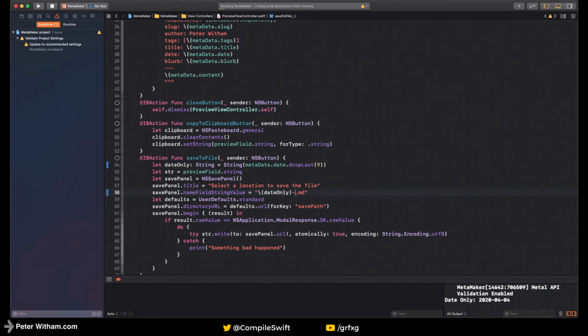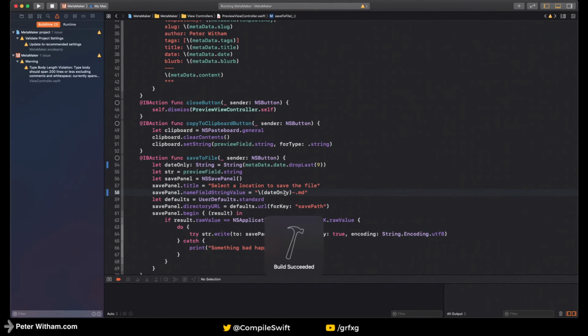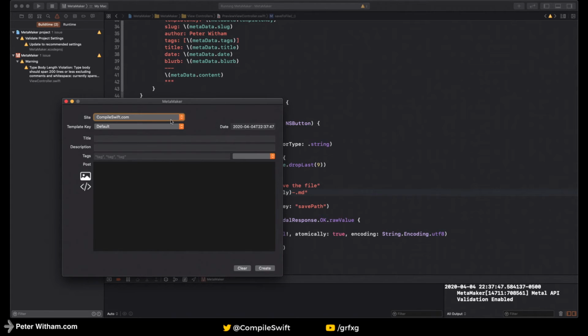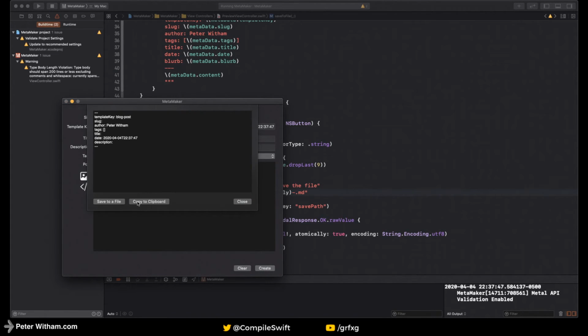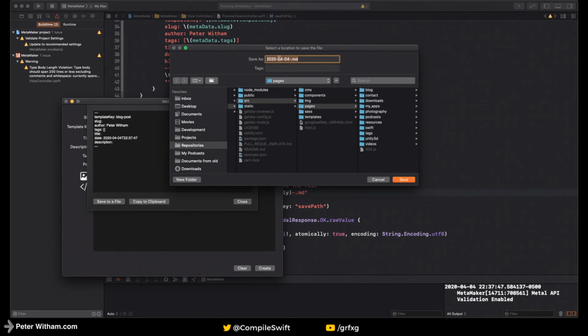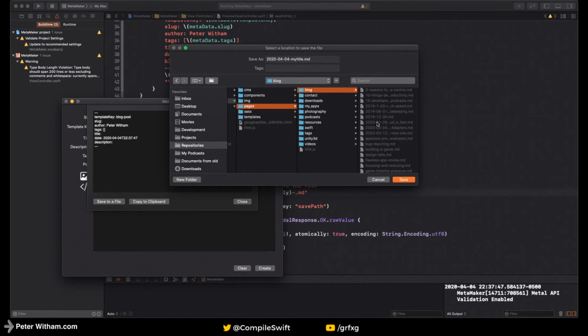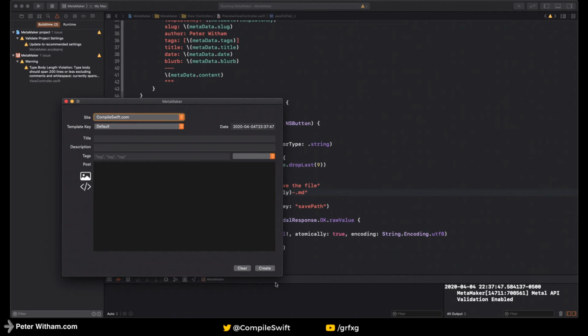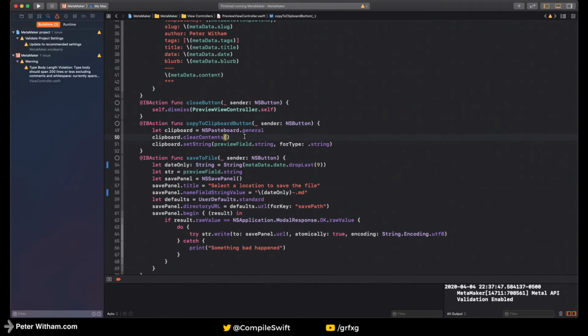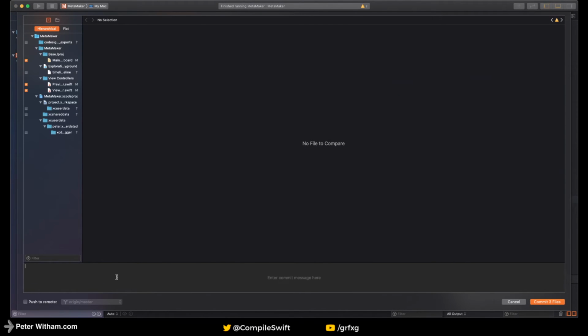So let's go ahead, let's run this. Okay, we're going to go create, save to file. Boom, there you go. So we got 2020-04-04, which is today's date, followed by a dash, and I can just put in there my title or whatever I want. So I'm now matching the format that I wanted in here, right? Like if I click on that one. So awesome. That is one bug fixed. So what I'm going to do is just commit this before we go any further. Default file